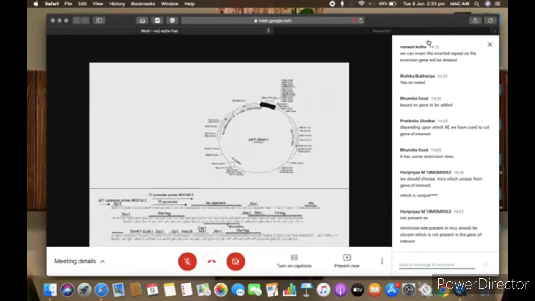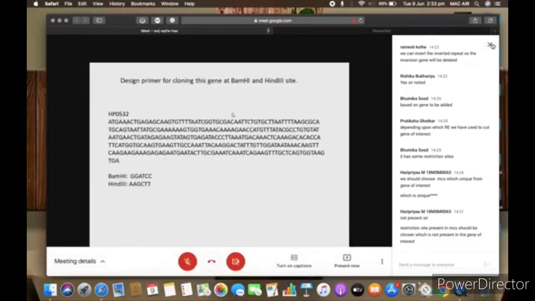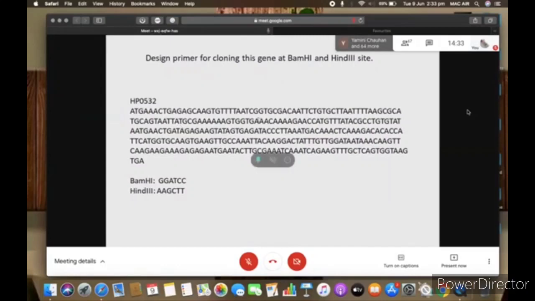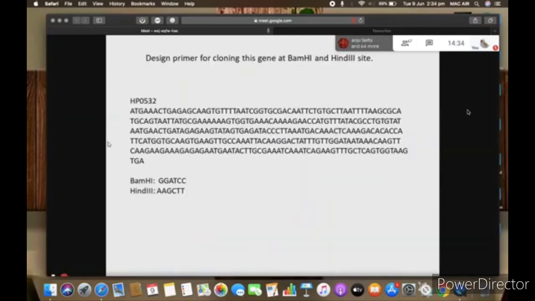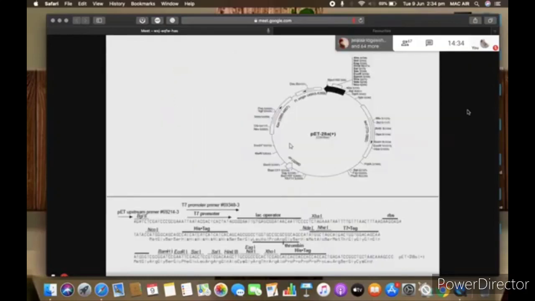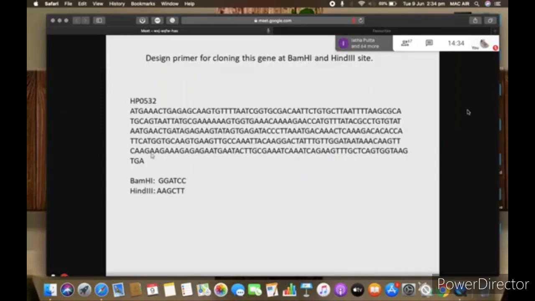Yes. So now, how can we search out of these which are absent in our gene? Then only we can choose that. So how can we search? We can search one by one: is XhoI present or not, is HindIII present or not.